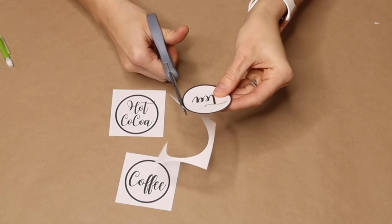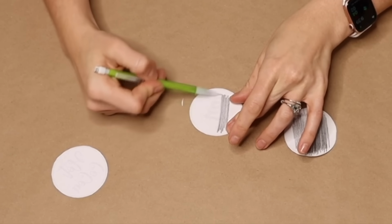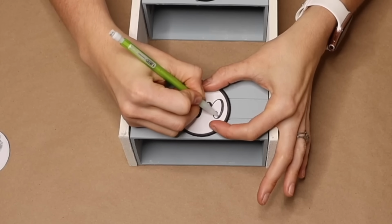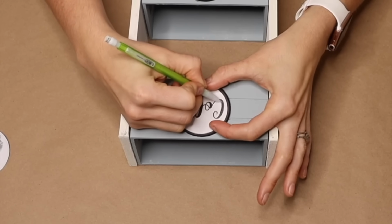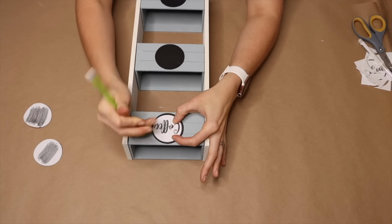I measured my wood circles about 2 inches wide and decided to make some templates on Canva for my final step in this project. Once I created my templates, I printed them out and cut them to size. You could use a Cricut vinyl cutter for this step, but I wanted everyone to be able to tackle this